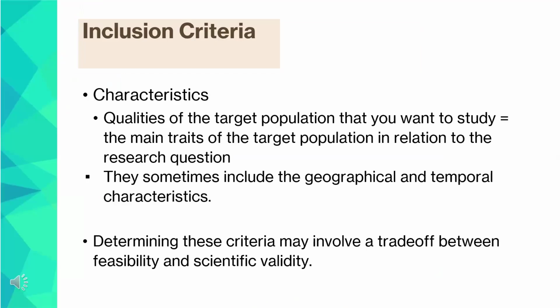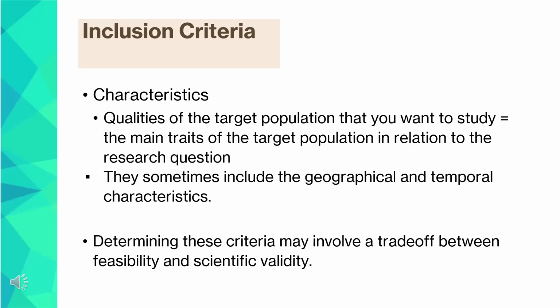The inclusion criteria, so that's like the plural. Criterion singular, criteria plural. So there are many of these. These are characteristics, and these are qualities of the target population that you want to study. So what are the main traits of the target population that are important or relevant in relation to the research question? So in considering this, the usual age, sex, sometimes this includes the geographical and temporal characteristics, sometimes behavioral characteristics